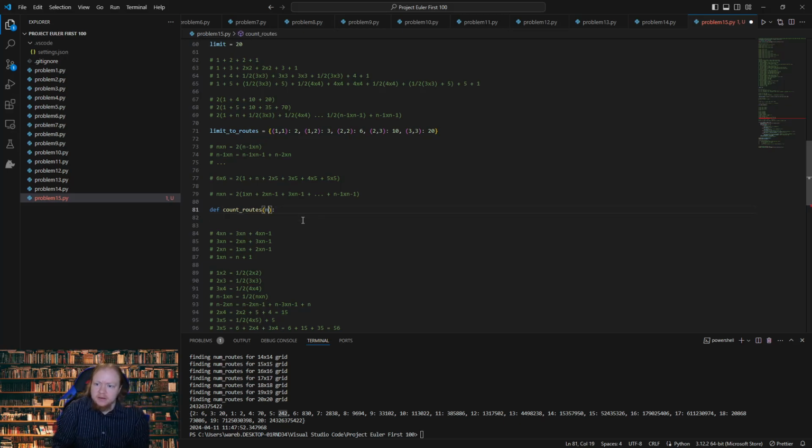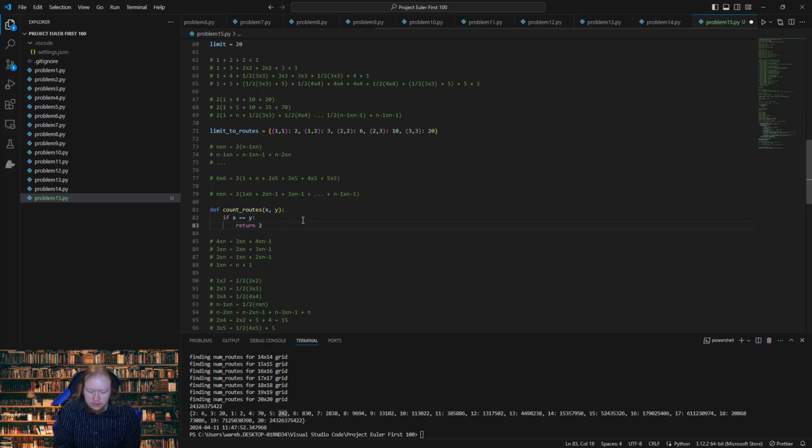In fact, let's do xy. So if x is equal to y, then we want to return 2 times